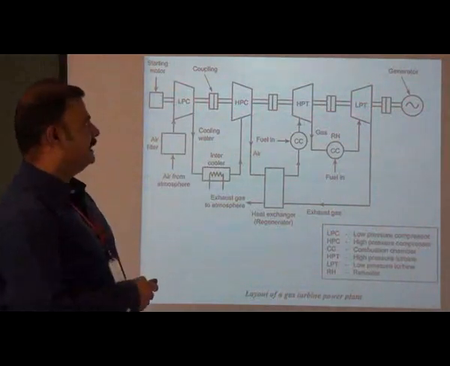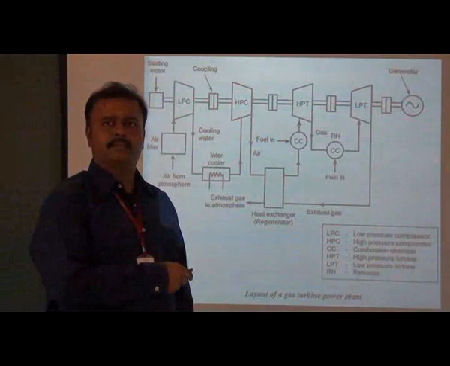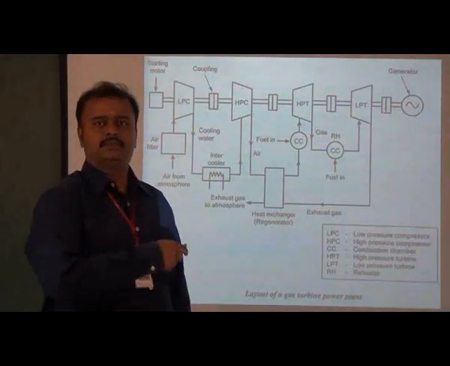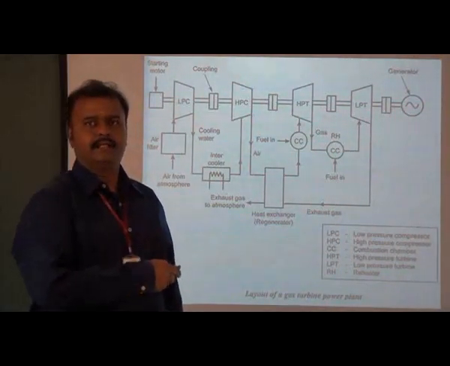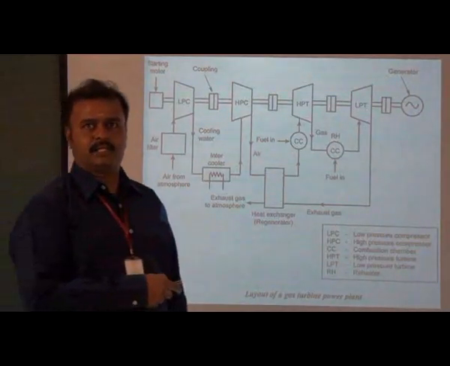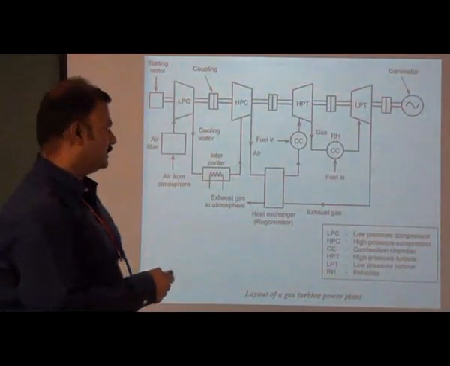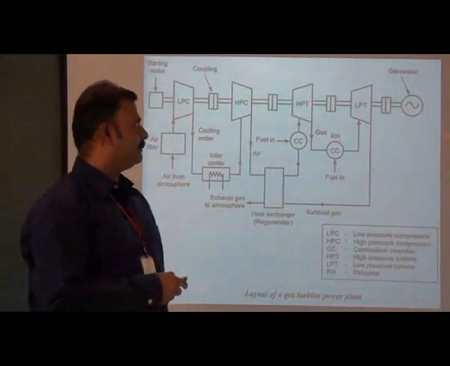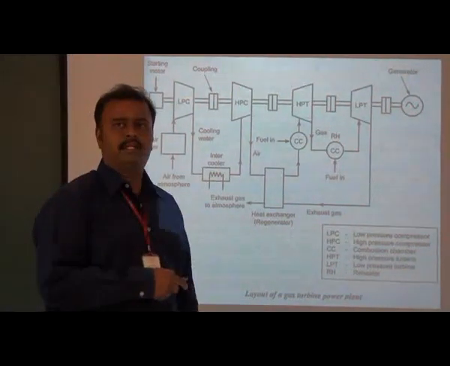So that is the main disadvantage of this gas turbine power plant. The amount of energy used for the compressor is very high. The efficiency of the gas turbine power plant is around 23 to 25% only. So that is the main disadvantage. Even so, the gas turbine power plant is nowadays used as a peak load power plant.